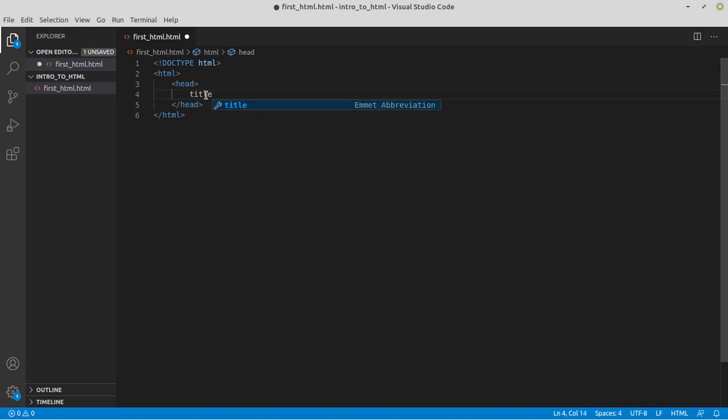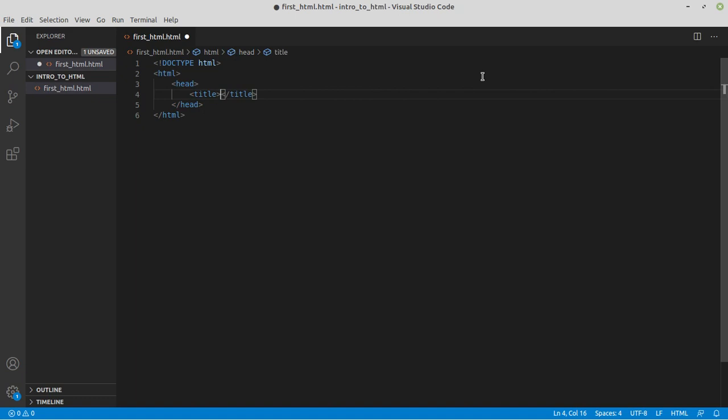So each and every tag that we have seen up till now is a container tag, which means it has a starting tag and an ending tag. Okay, and the ending tag has a / before the word, remember that. So when you type title and press tab, which is just the same as typing this manually, okay, you can type it if you don't have this code editor, or if you're not able to find something that does this automatically. It's just the same, it's nothing special about it.